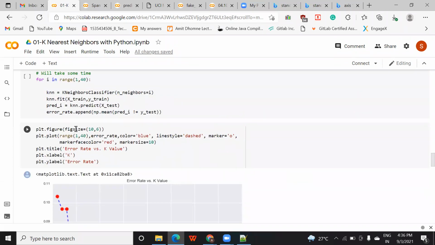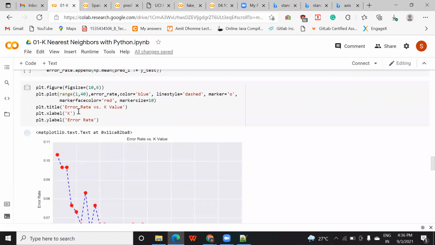और ये तो ग्राफ है, ये साइज है ग्राफ का, 10 लेंथ है, 6 ब्रेथ है, plt.plot range. कितना रेंज चाहते हो आप? 1 to 40, मतलब k की वैल्यू मुझे 40 लेना था तो इसलिए मैंने रेंज डाला. एरर रेट मुझे यहाँ पे चाहिए, कलर मुझे ब्लू चाहिए था, लाइन स्टाइल डैश चाहिए, यहाँ पे लाइन स्टाइल डैश